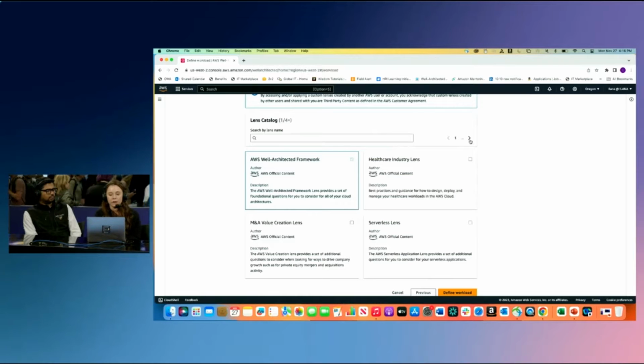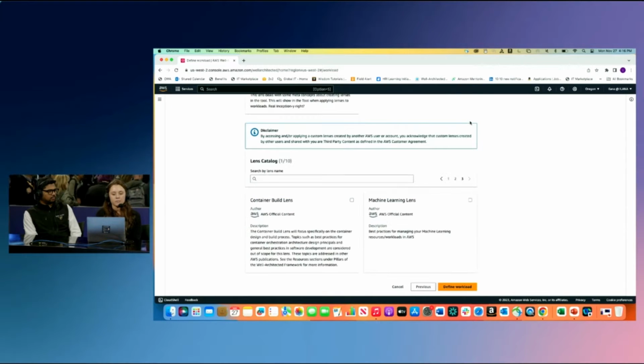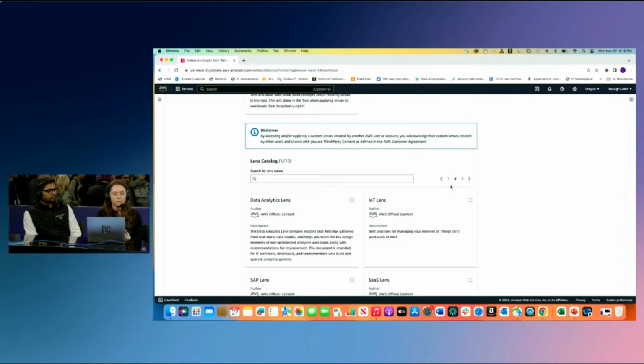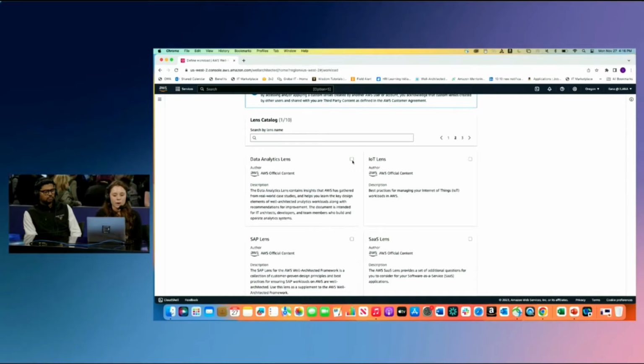So everywhere from the healthcare industry lens to the IoT lens, data analytics. These are different technology and domain topics that we know customers want to also focus on when they're doing their well-architected review. So now you can actually go ahead and browse this catalog and choose whichever lenses are relevant to the type of workload that you are actually reviewing.